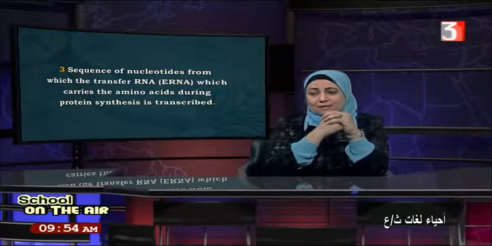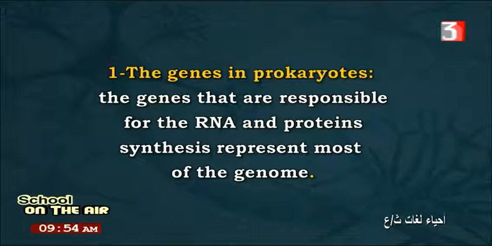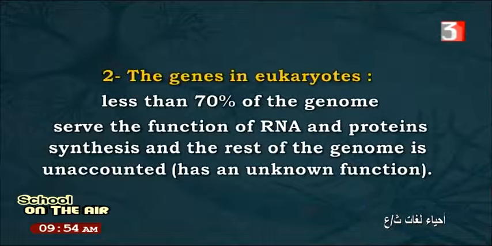The genes in prokaryotes, the genes that are responsible for the RNA and the proteins synthesized, represent most of the genome. Genome, we said, is the description of the genome. Okay. The genes in eukaryotes: what are the genes? Less than 70% of the genome